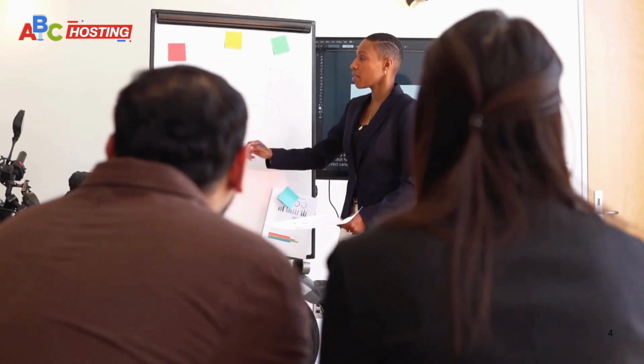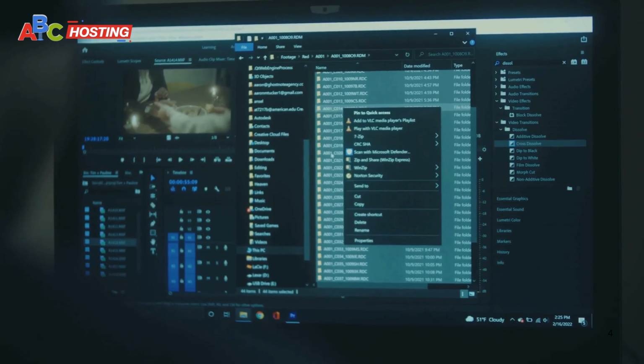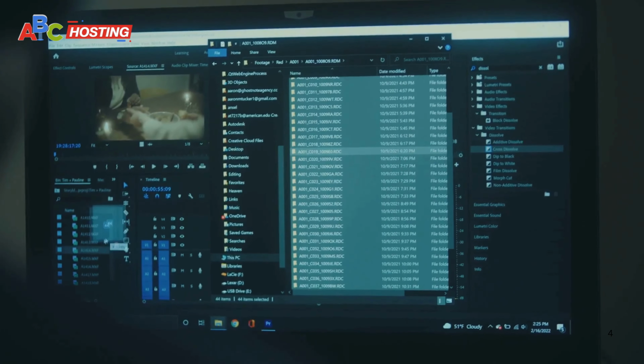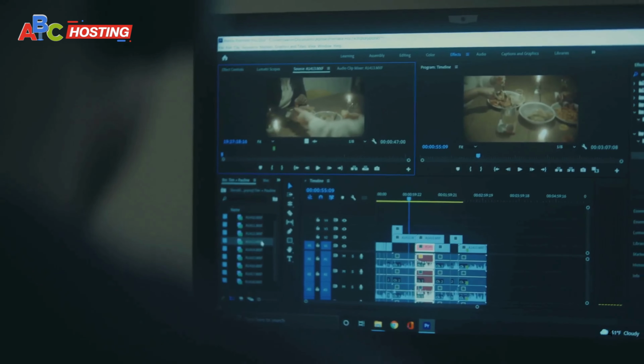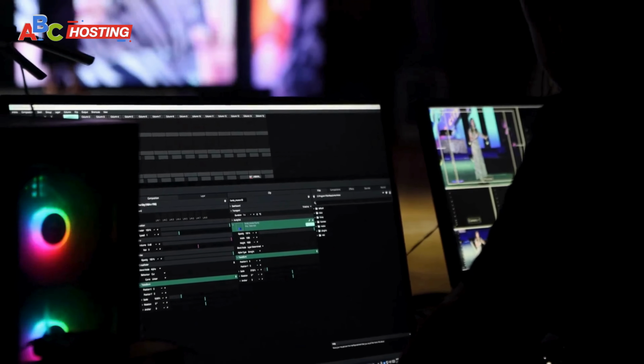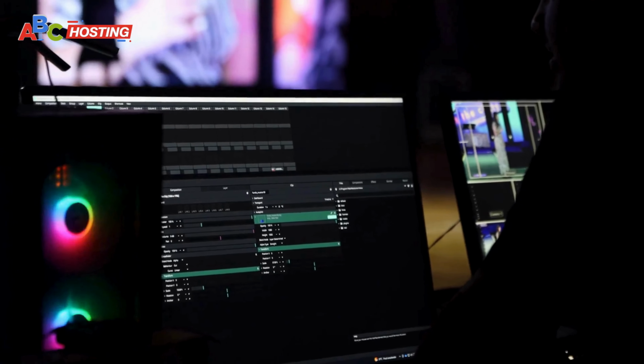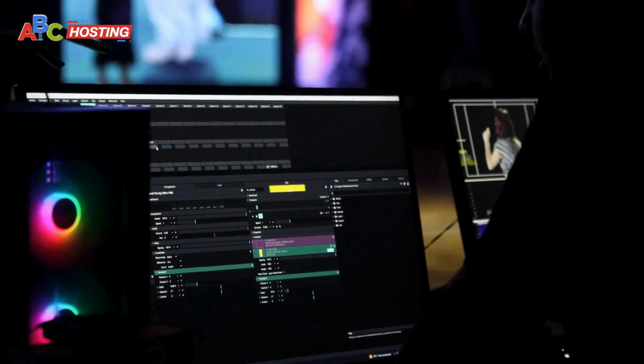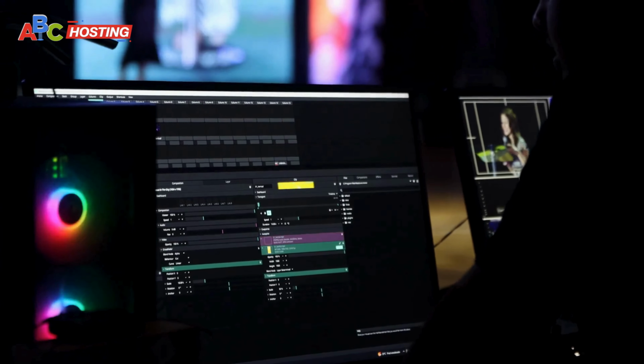Now, let's break it down. I'll first explain what OBS is and why streaming to a web server is important. Then I'll introduce you to the best solution for streaming servers that makes this process a breeze. Stay tuned for that. OBS, short for Open Broadcaster Software, is a free and powerful tool used for live streaming